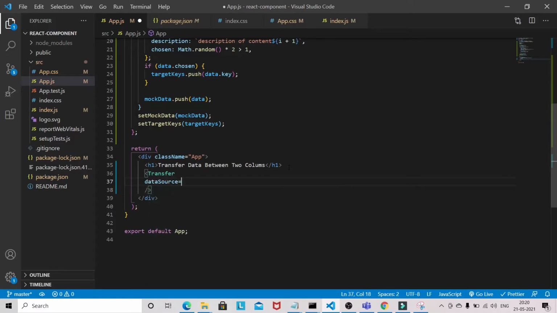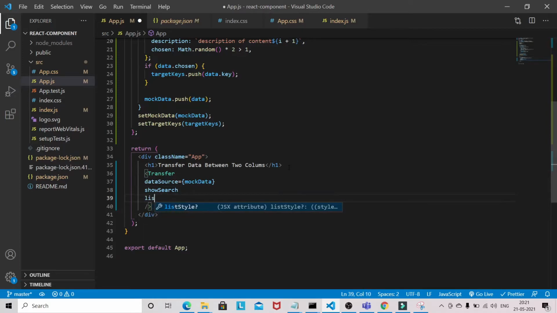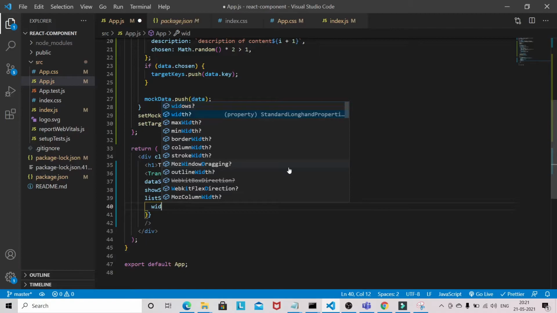The dataSource will be our mockData. Then showSearch, so you can search the data in each column.